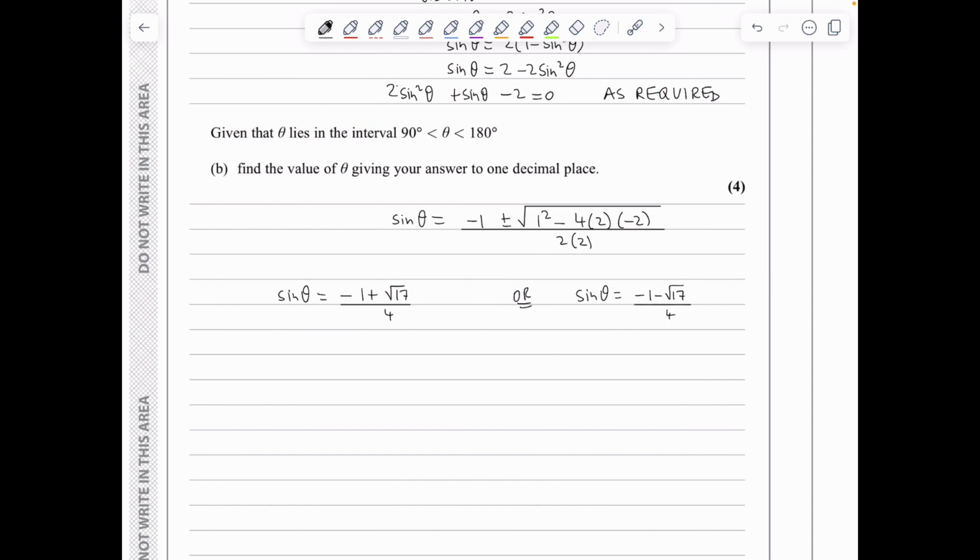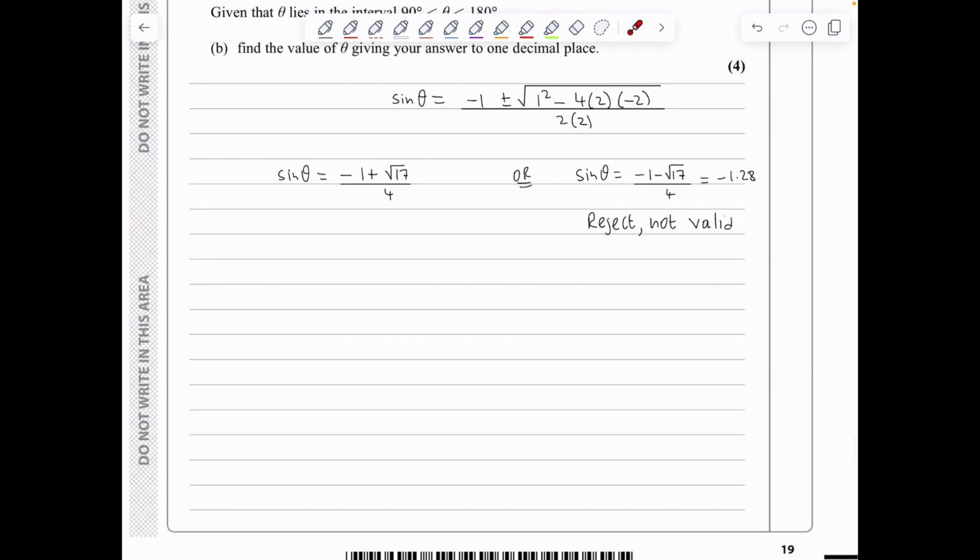Well, this is actually equal to minus 1.28, and therefore we reject this. It's not valid because we know that sine of any angle has to be between minus 1 and 1. So I will proceed with sine theta being minus 1 plus root 17 over 4. I will find my PV by doing shift sine of this, minus 1 plus root 17 over 4. This gives an answer of